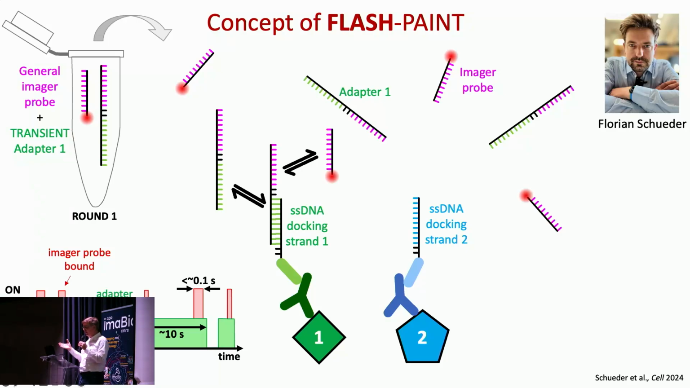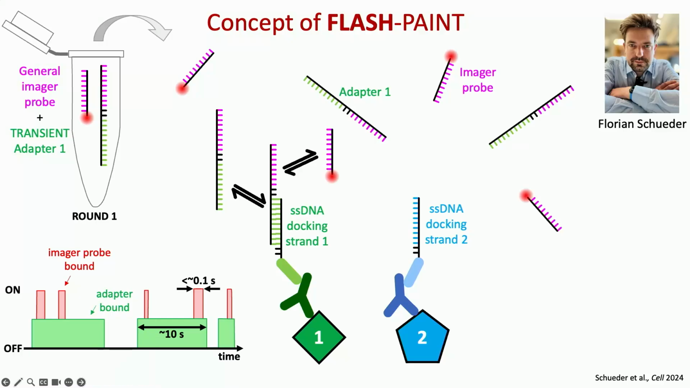So 80% of the docking strands are occupied by a transient adapter at any time, while the imager probe binds for 1/10 of a second, so you get this fast blinking effect just by the imager probe binding to the adapter here. So when you're now done imaging that first target, you don't need to actually wash out